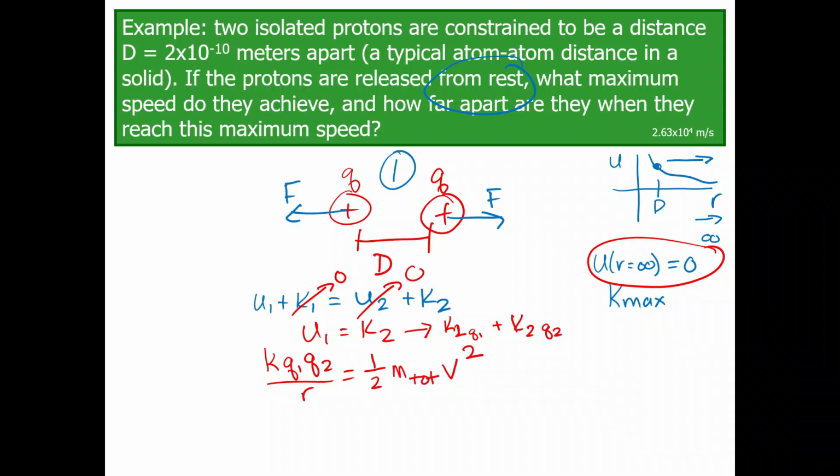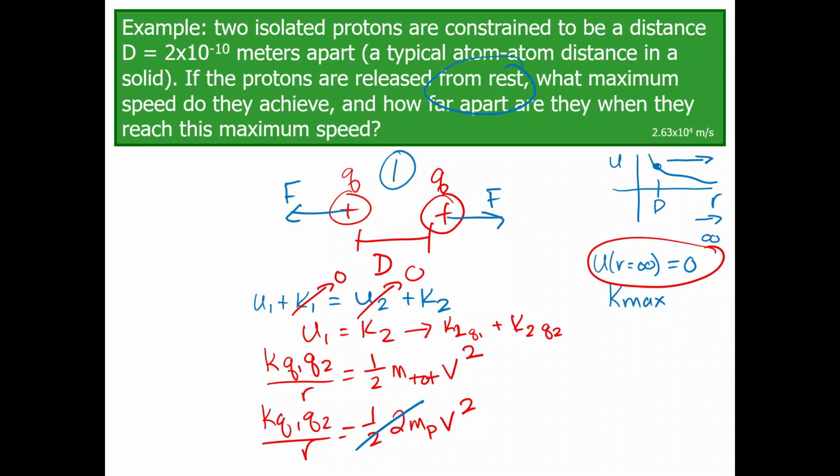So I just have to be careful that I am looking at the kinetic energy of my whole system that is all going to be moving at a speed of v. So that m total is going to be 2 times m. So K Q1 Q2 over R is equal to 1/2 times 2 times the mass of a proton, v squared. So those halves are going to cancel